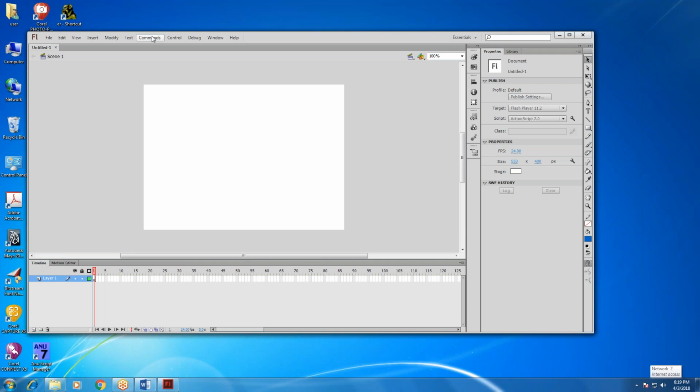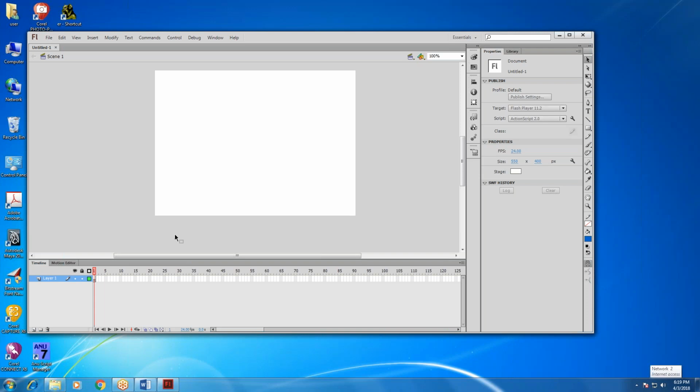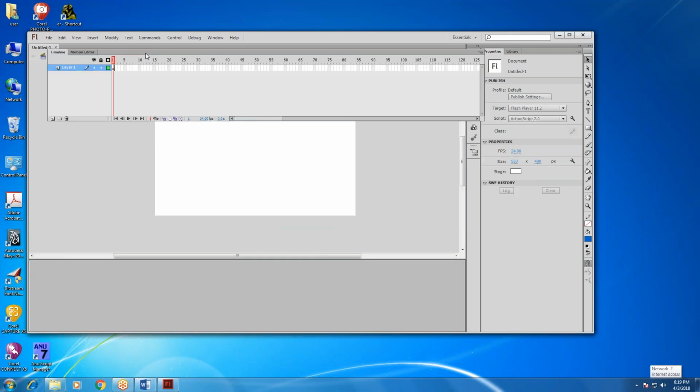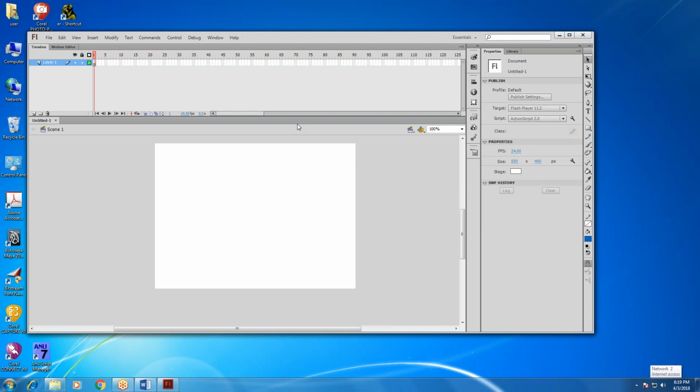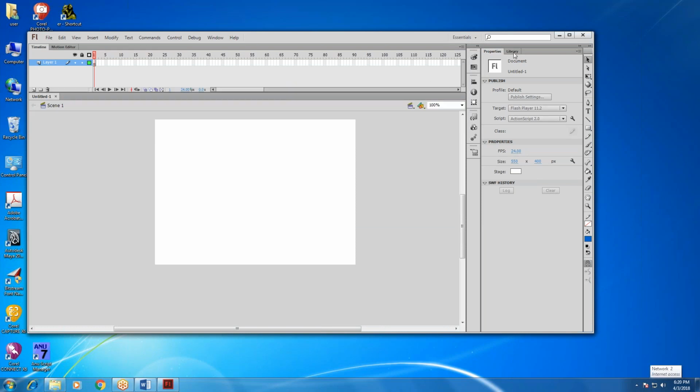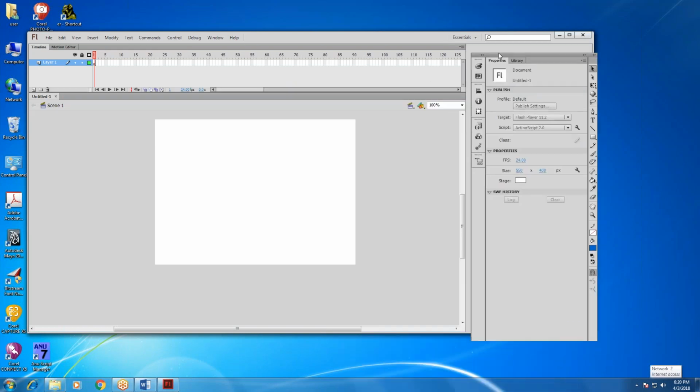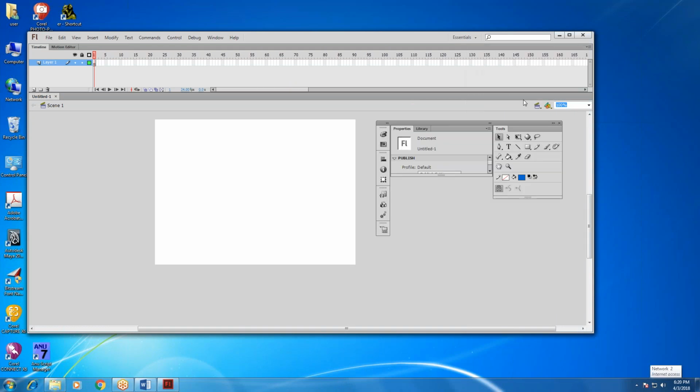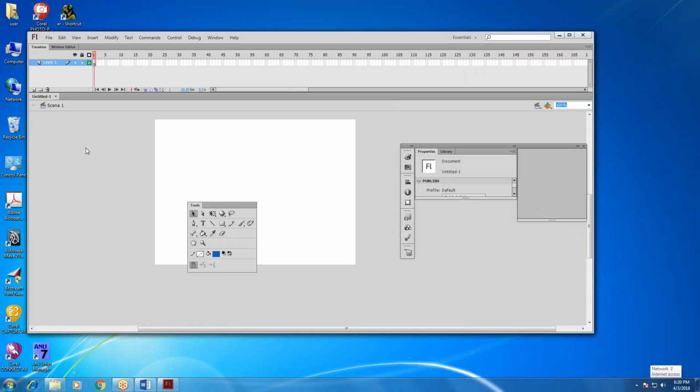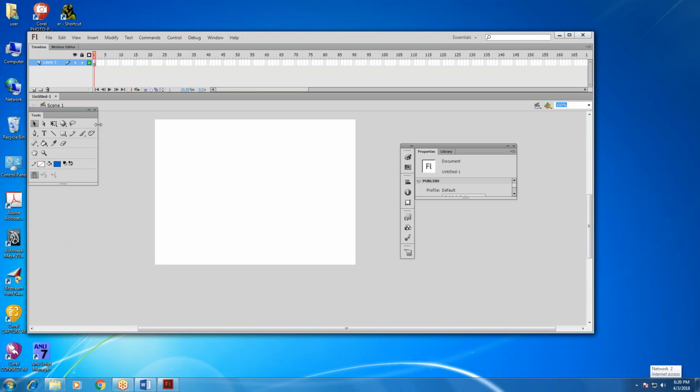The first one is the title bar, and this is the page. If you want to move this page, press space and move. If you press space, you get this hand symbol, and you can move like this. At the bottom we have the options. You can scroll this to the top. You can decrease the size like this, and this properties panel we can place here, and the tools also we can select and place, and decrease here like this.